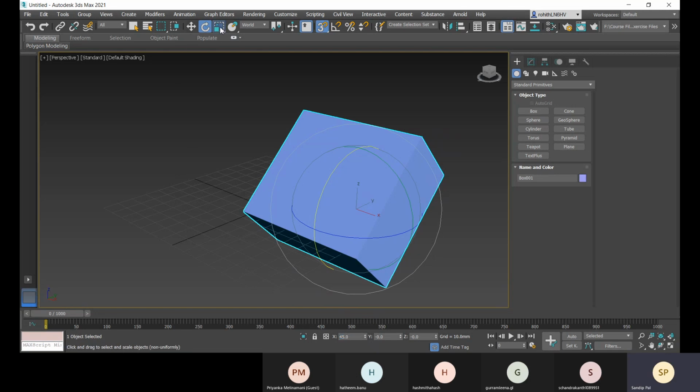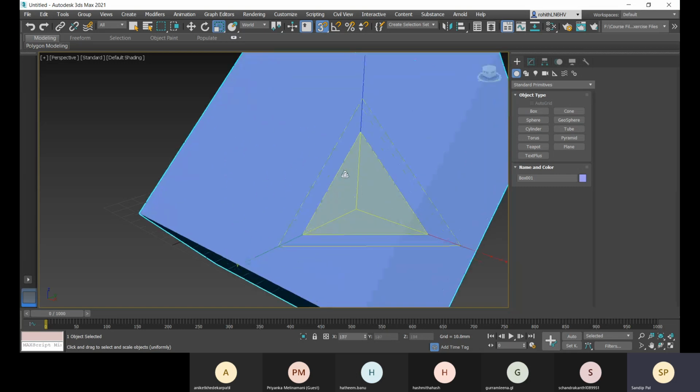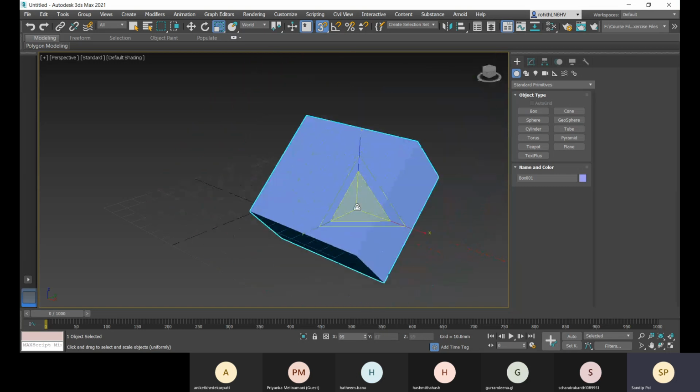And we have the scale gizmo option. Right now this is the non-uniform scale. If you hold your left click, you will see we have other options: uniform scale, non-uniform scale, and squash. We have these three options. Let me go with uniform scale. Even if you apply it this way, you see that all the planes and all these axes are selected, so it will uniformly scale all three.